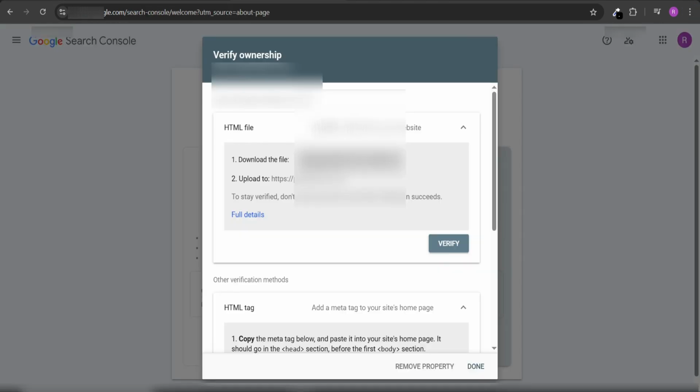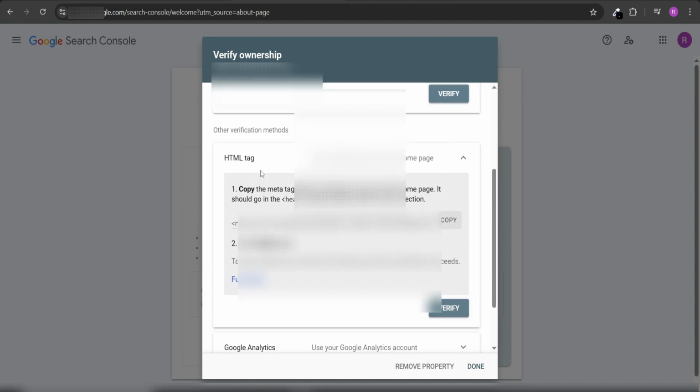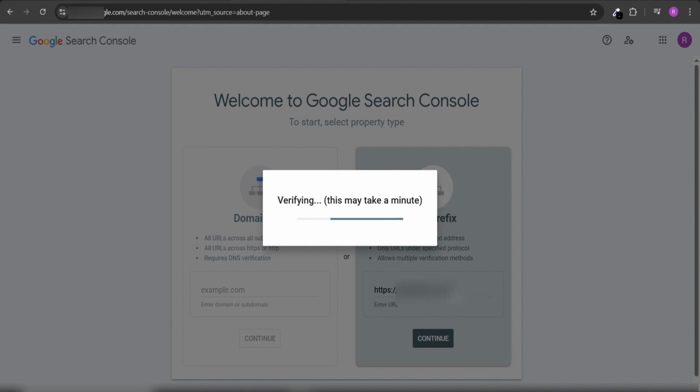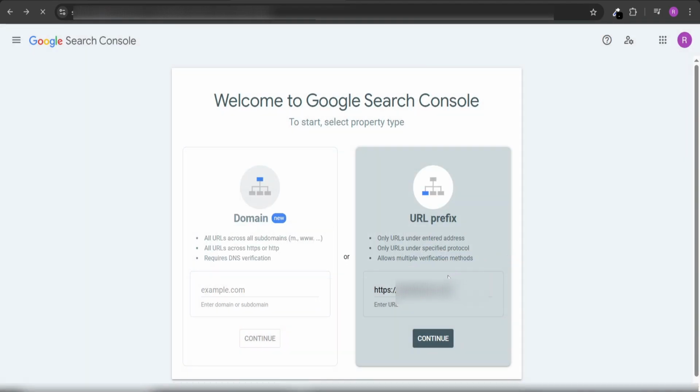So let's go to the dashboard again and then let's go to the Google Search Console. Now here we'll click on verify on the method we have done. This might take a minute, but it will be verified in 5 seconds maybe. Yeah, the ownership is verified now. So now we'll go to property,